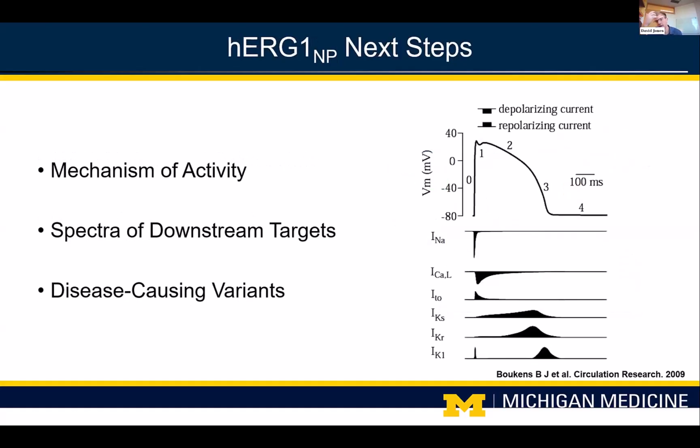Another thing about that is that, if it's going inside the nucleus, there is a large number of downstream targets that could be affected by this. So one thing that we're working on now is trying to understand what are the targets, either primary or secondary, of hERG-MP function in the cardiomyocyte inside the nucleus. What are some of the mechanisms that control when and how it gets inside the nucleus? And are there disease-specific variants for hERG-MP, the nuclear polypeptide, that we can identify and then map out a potential